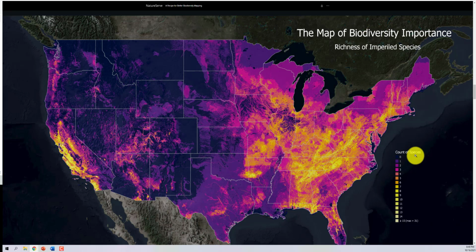The idea being that as we approach conservation management, endangered species are giving us clues about the ecosystems that are the most impacted. Usually they're impacted by climate change. They're also impacted by urban development and other types of human activity. So again, this is an interpolated surface. It was not based on data collected at every square kilometer of the United States, but it is a model